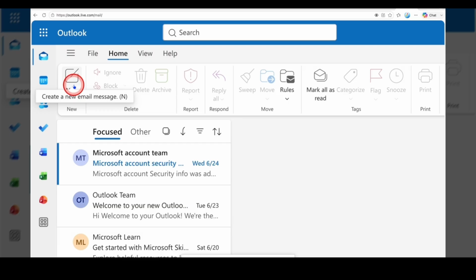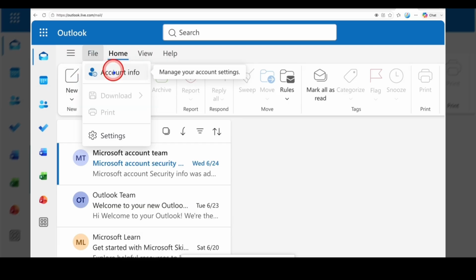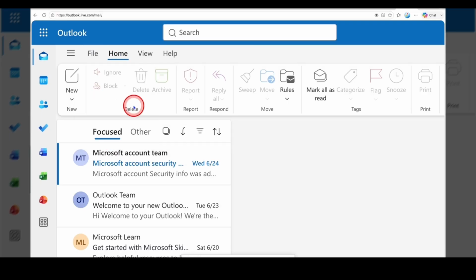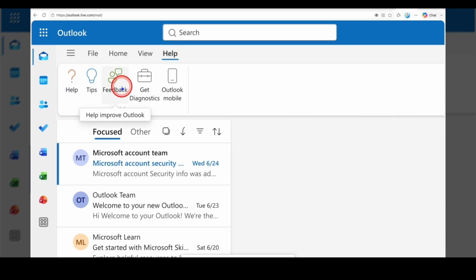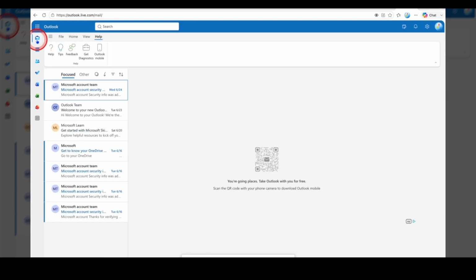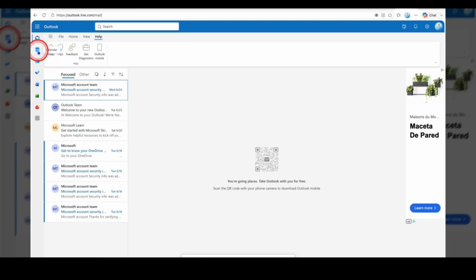You can send new, and beside that is the file, account information, and settings, and home, where we can see this main page, and view, conversation, message preview, sync, ribbon, folder, reading pane, density, and help, tips, feedback, get diagnostics, Outlook mobile.